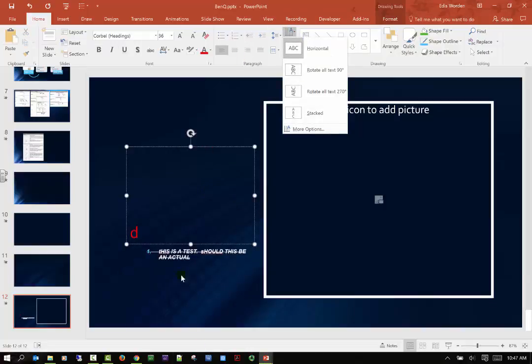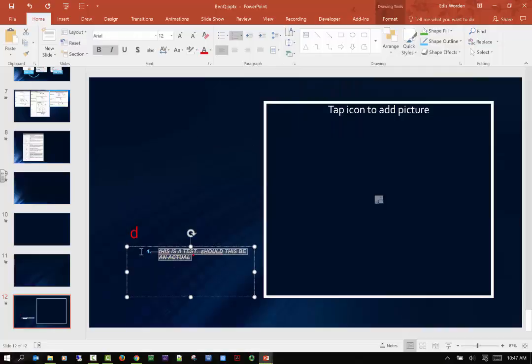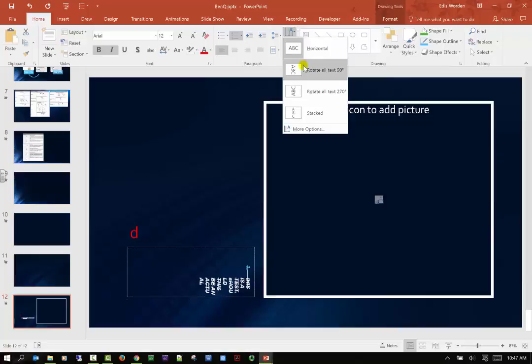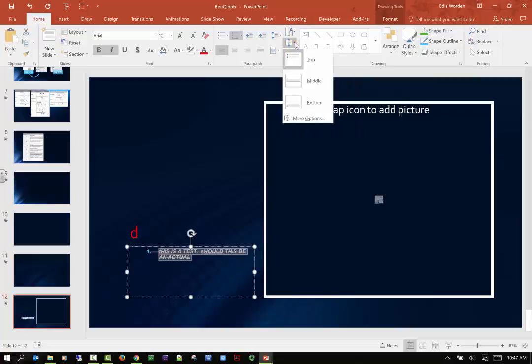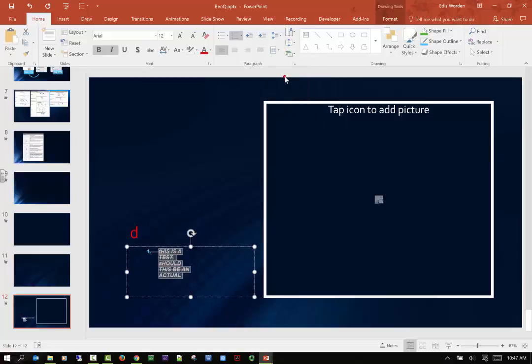I can also change the direction of the text. So let's come back down here. I want to change it to rotate 90, rotate 270, stacked. So you do have some different ways that you could do this. It helps with engagement, I guess. You can align it up from the top, bottom, and middle. You can create columns. So if I wanted 2 columns there,